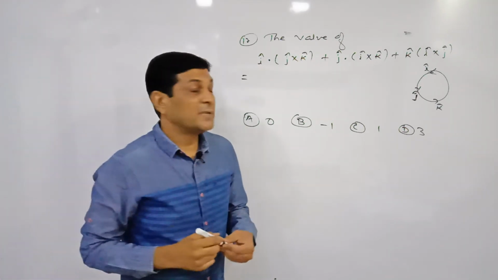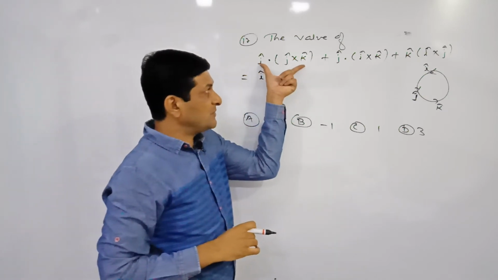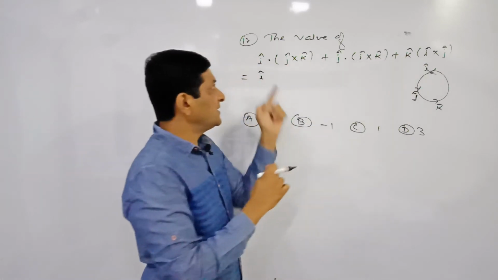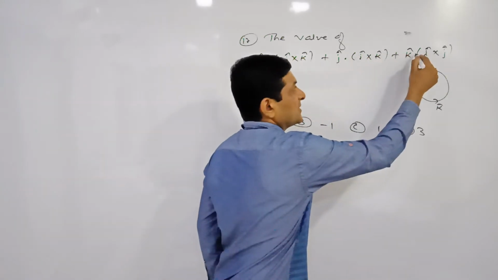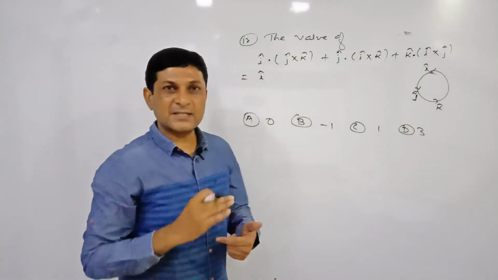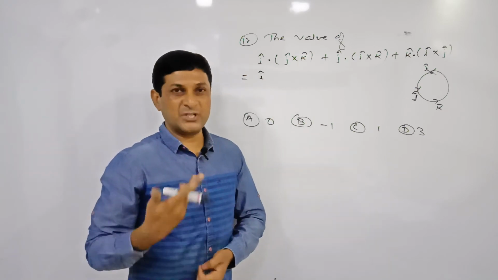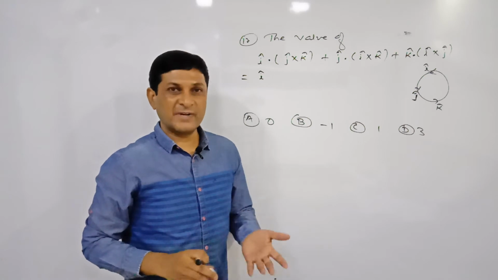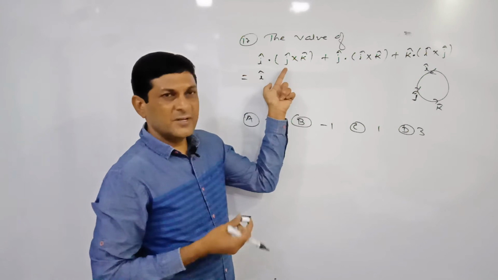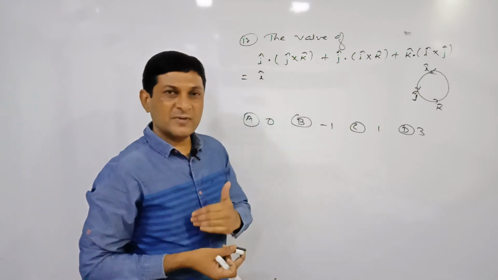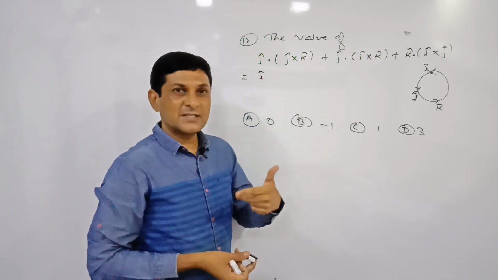See, in example number 17, we have to find the addition of these three scalar triple products. Here first dot is there, then cross is there, means it is a scalar triple product. Here also dot and cross, here also dot and cross appear, means it is a scalar triple product. And scalar triple product of what? Basic vectors i cap, j cap, k cap, which are unit vectors along x, y and z axis, called basic vectors. Already we have studied the cross product and dot product of basic vectors. Here dot and cross appear, means we are finding scalar triple product.